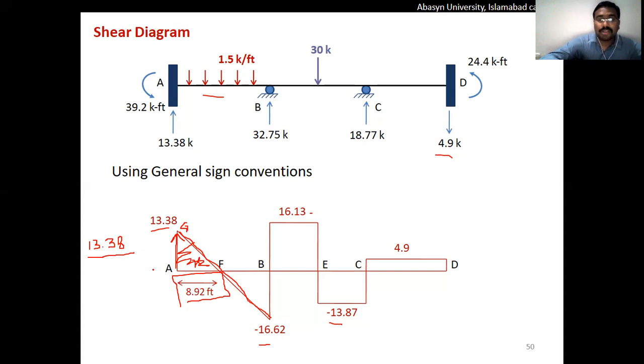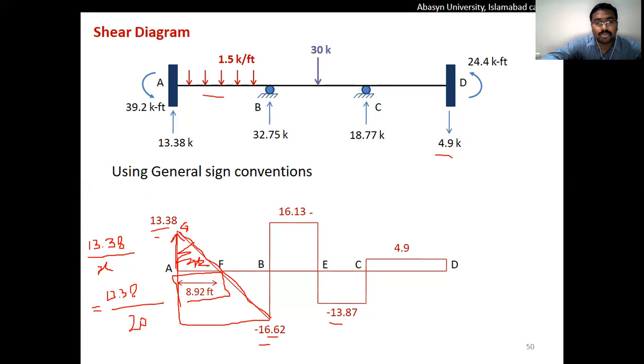And this perpendicular distance is 13.3, or in base, is considered as x. It will become equal to, you are going to consider the bigger triangle, which is AG to P. You are going to consider this triangle AG to P, and its total distance will become 13.38 plus 16.62, divided by the length of the member, which is 20 feet. So you divide it by 20, and the total height of the triangle will become 13.38